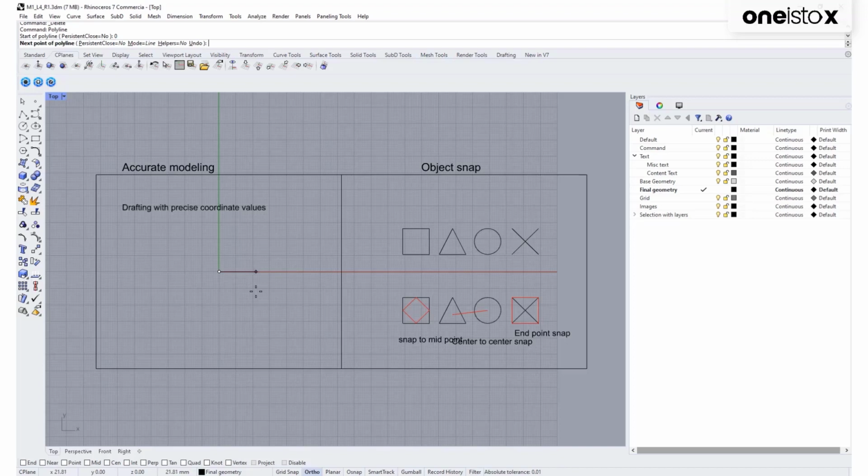Now, I would provide the numerical value as an input for the length of my square. So I'll just type 20, press enter. Now it is asking me for the direction of my polyline. I'll select the X direction. I'll do the same thing in the Y direction and in the negative X direction. And finally, in order to close the loop, I'll select close in the options within the command line. Now here we have created a square which is accurate to the value of 20 units on the side.